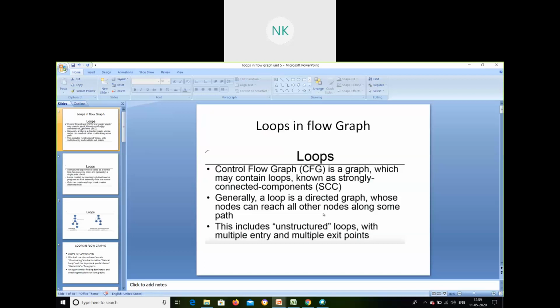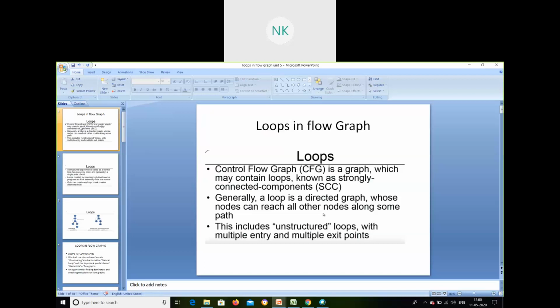Even in your loops you need to optimize, correct? Before optimizing your loops, you need to make sure that your loops are structured and not unstructured. An unstructured loop might not know where it has to go, it keeps doing some other work indefinitely, or sometimes it comes out of the loop unnecessarily. It is all happening because of the unstructured loop. We should make it structured. For that, we are seeing this concept, loops in flow graph.